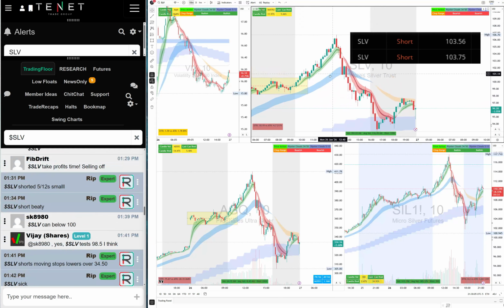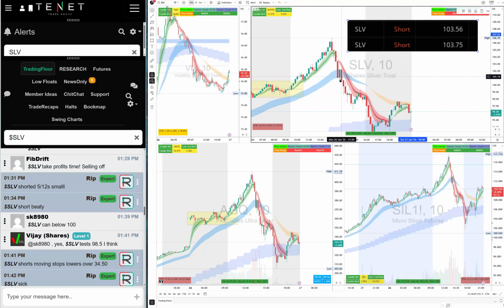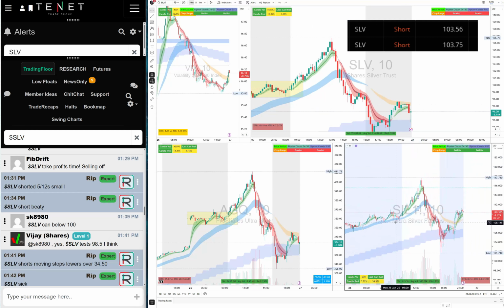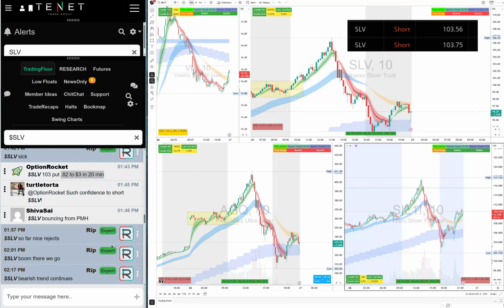This was a long in the morning, get out of the long, short it, breaking 34.50, hold it, make money both sides, right? Same for AGQ, you could long AGQ, short here, PSLV, or you could trade the silver futures. Doesn't really matter, whatever you like to trade, whatever you're confident with, whatever makes sense to you, you trade that. But that's how we do not get stuck. We do not have a permanent bias. We change with the system.